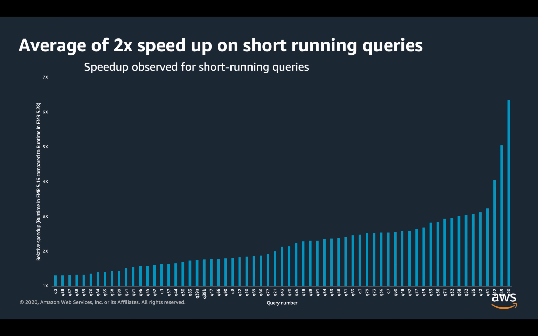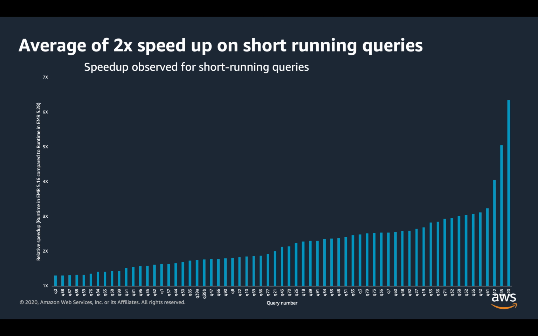We also see 2 times improvements for short running queries. Short running queries are queries running for less than 130 seconds. These are still running on 3 TB of data with TPC DS dataset. The higher numbers seen on this graph show the better runtime performance of the queries. Essentially, queries running for less than 130 seconds are up to 6 times faster as seen from query number 20, with an average improvement of 2 times faster across the board.